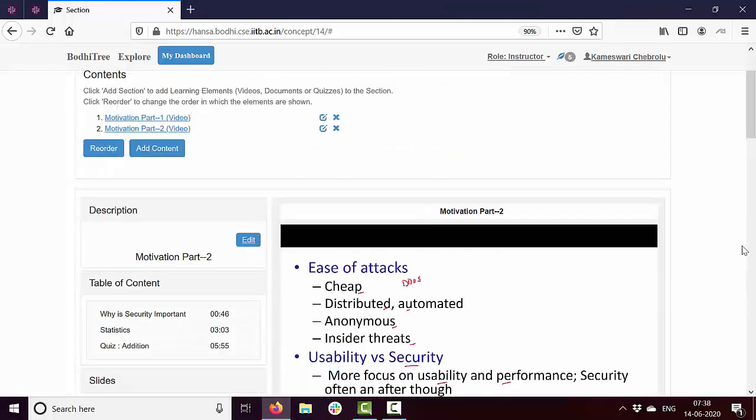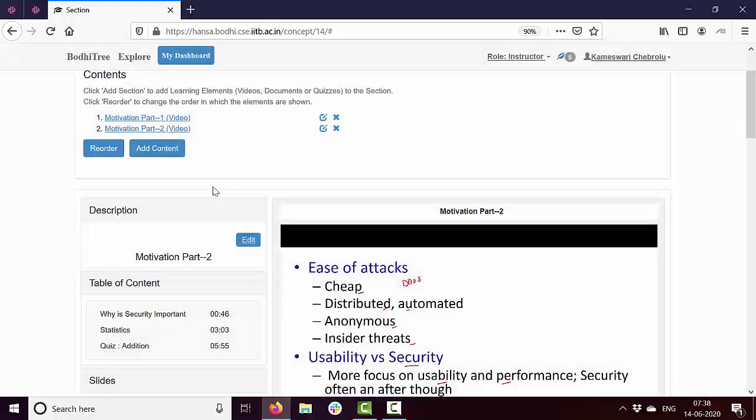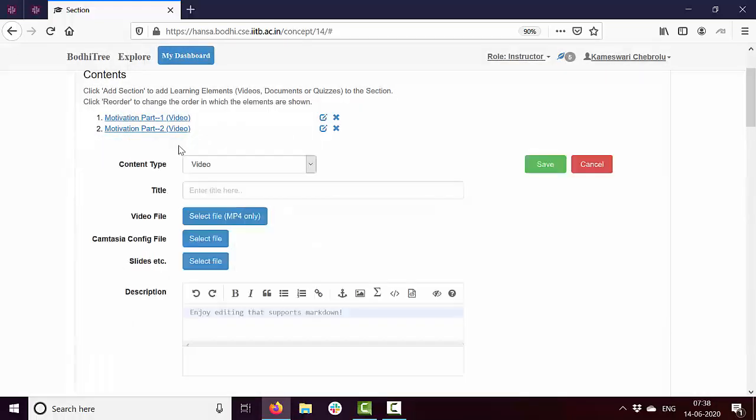Now if you have made a mistake in the actual video upload itself, that is, you have uploaded a wrong video, then the only way for you to correct it is to delete this video by pressing this delete button. It will ask you, and if you say yes, it is going to delete that video. In this case I won't delete. After you delete, you have to go back here and re-upload a new video.